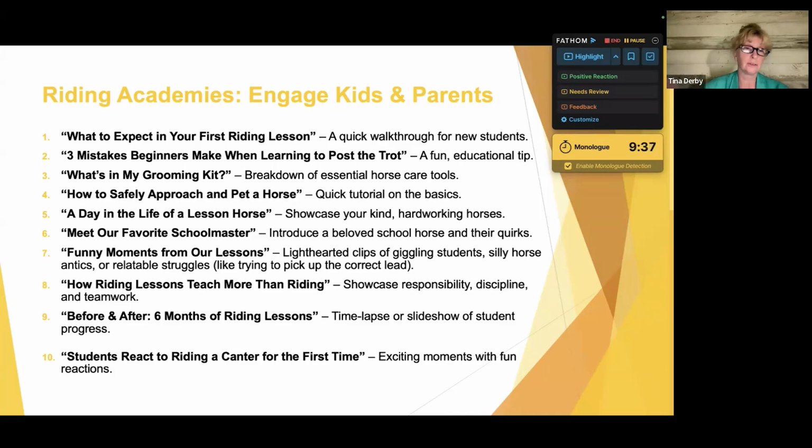Doing before and afters. This is a cool idea. You obviously have to plan this out a little bit, but people love to watch a progression of something. So if you do little clips of a brand new student, and then month one, month two, month three, month four, through month six, that would really speak volumes without you having to say anything, right? To see how this kid first got there, didn't know how to get on a horse, and then by the end of month six, they're trotting or cantering or doing cavalettis or whatever. That can be really powerful and really sell your program, so to speak, without you having to sell anything.